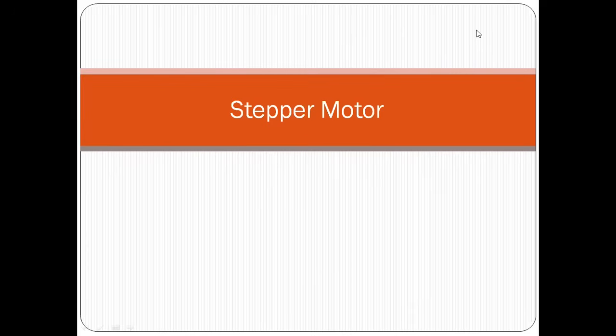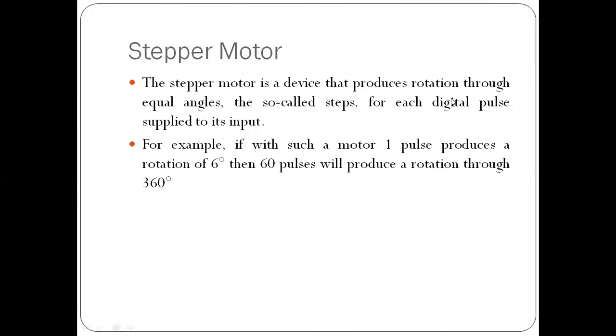As the name indicates, when I give input to the stepper motor, it will rotate only one step. For a stepper motor, I usually give digital input. For one digital input pulse given, the stepper motor will rotate through a certain angle. That angle we call the step angle. Say for one digital input it rotates 6 degrees, then 6 degrees is the step angle of